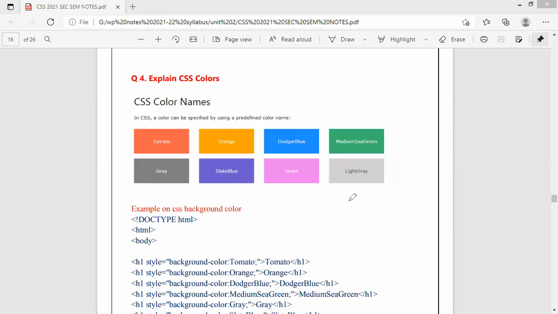So one thing is that you can set colors to any of the HTML element using CSS. You have seen a button, right? So when we are using a regular button, the background will come in a gray color. You can also change the background of a button using CSS color properties. Similarly, you can provide the color to a text box also using the CSS color property. So you can make it more interesting using color properties, right?